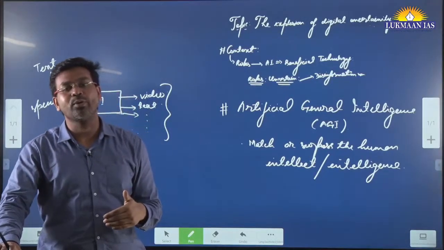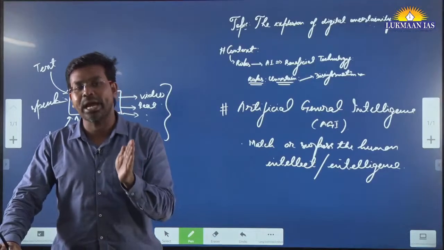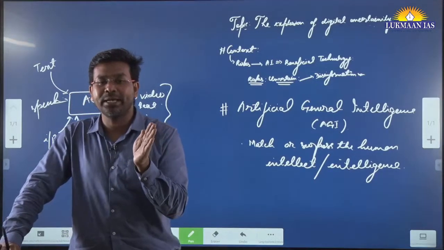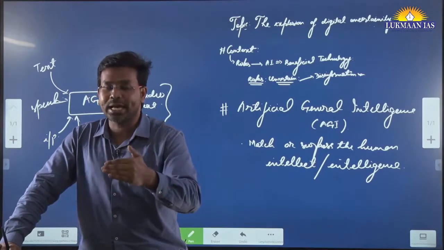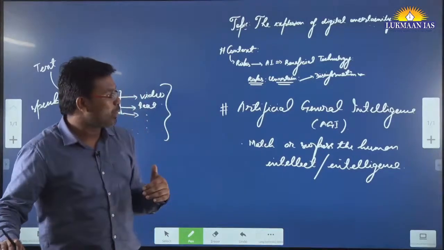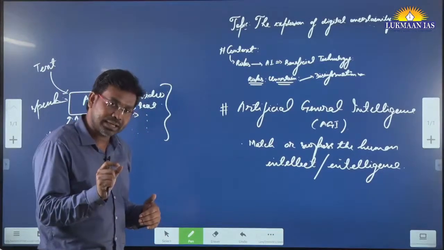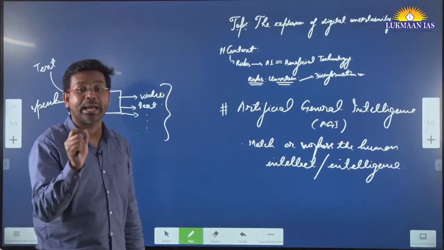We need to bring new regulations. If we have a new regulatory mechanism, then we will be able to tackle the way artificial intelligence is being developed, how it is being used, and in which direction it is developing. So we will be able to keep a tab on it.